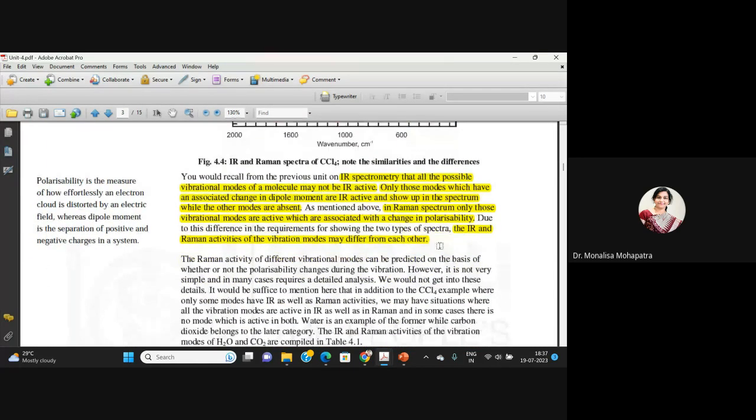So in Raman spectrum, only those vibrational modes are active which are associated with change in polarizability. Okay, if you remember the IR spectrum,